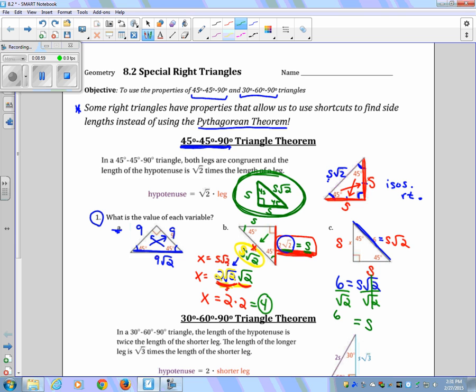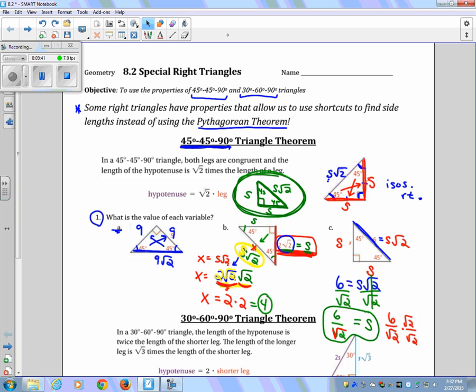S equals 6 over the square root of 2. Now, this situation here still needs to be fixed because we have a rule that says that you cannot have the square root in the bottom of a fraction. We have to rationalize the denominator. In order to rationalize the denominator, meaning get rid of the square root in the bottom of the fraction, what we want to do is multiply the top and bottom